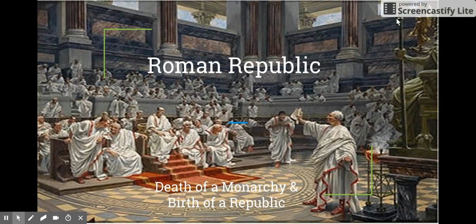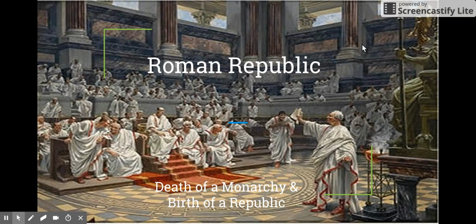Just as a little recap of where we were before, remember that the Romans essentially won their independence. Brutus and Collatinus revolted against that seventh king, Tarquin Superbus. And once the Romans regained their freedom from this tyrannical king, the Roman people were left without any type of government, without any type of king. So they had a lot of decisions that needed to be made. And just something to keep in mind is, although they are developing this idea of the republic, it's going to take a little bit of time for them to figure these things out.